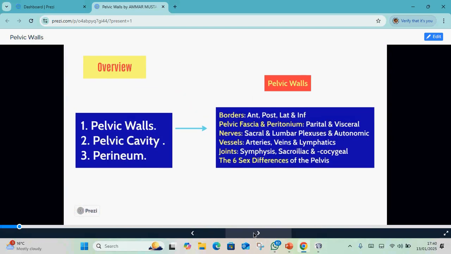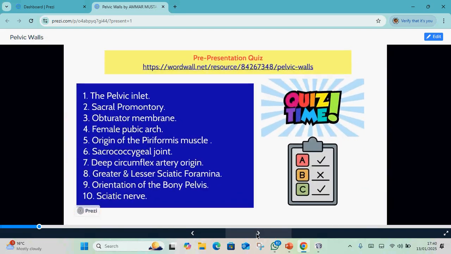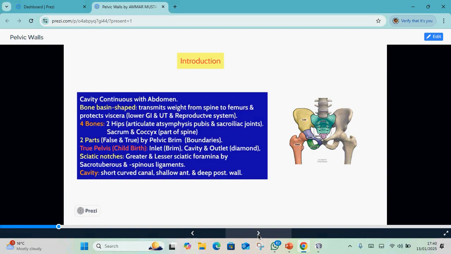So we said there are three main components of the anatomy of the pelvis and the perineum: pelvic walls, which was the last lecture, pelvic cavity this lecture, and perineum will be our next lecture. So the pelvic walls, as we said, there is anterior, posterior, lateral, and inferior pelvic walls, and we spoke about the different walls as follows. So we started by